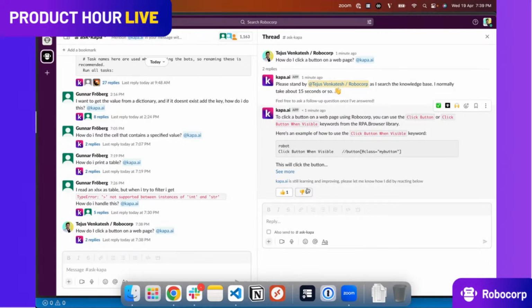So that it can understand if it was useful. I see a couple of other questions. How to get all data from a table, HTML to object? Let me try this last question from one of the participants.